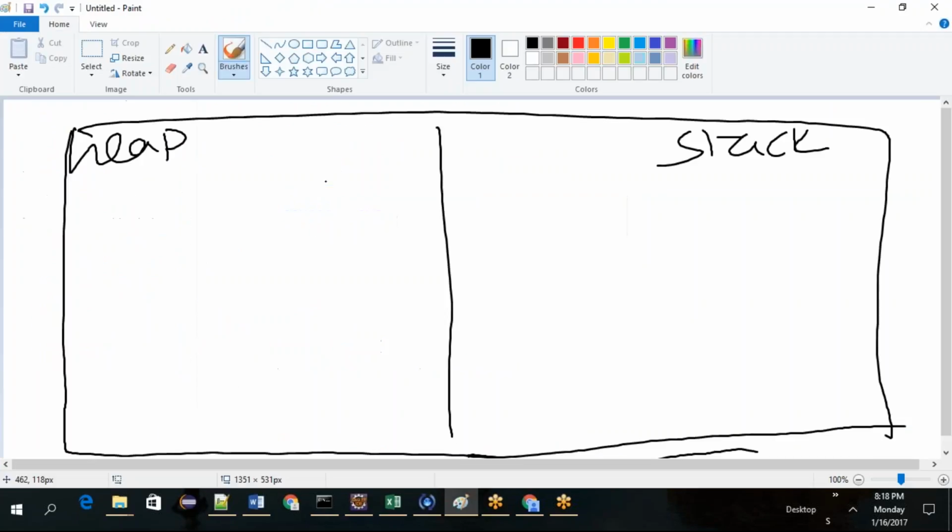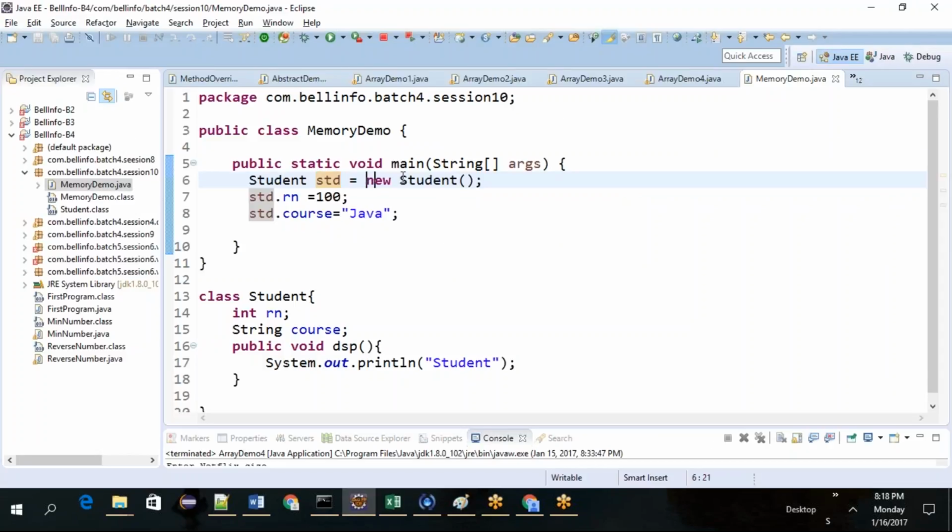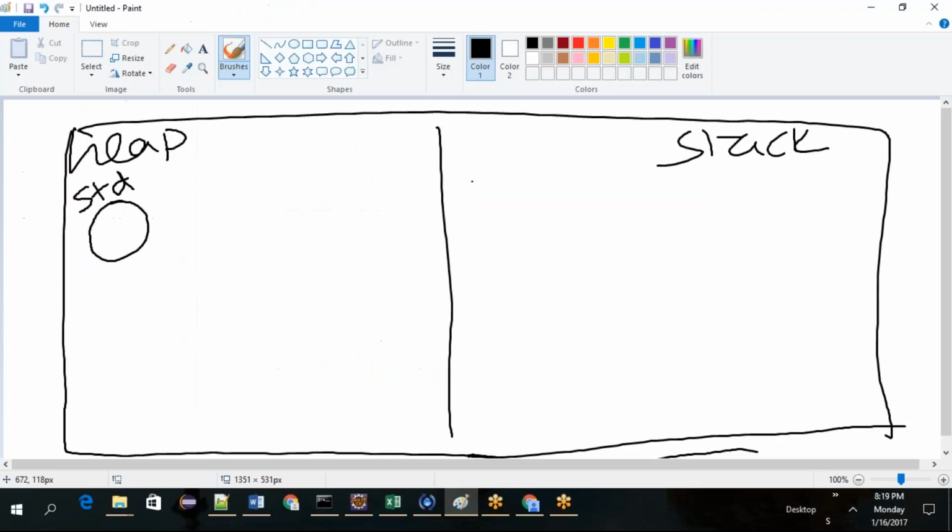Okay, this is an object. std, an object will be created. This is the reference variable that is holding an object. What is an object? Student object. Let's say this is the student object.